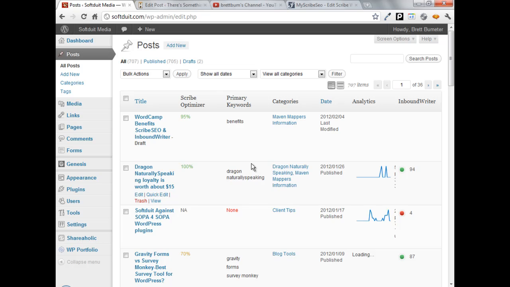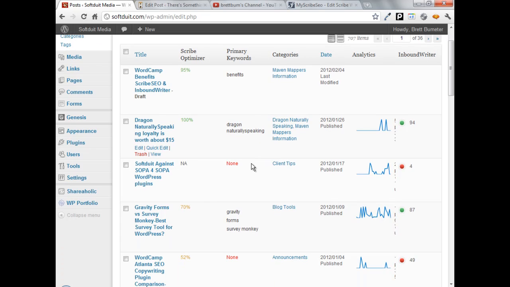You lose your links. InboundWriter doesn't look at links. So from an SEO perspective, Scribe looks at some of the things that you've linked to, like keywords and links. They also look at headers and how you use headers or bold the strong tags and things like that. So from an SEO perspective, some of the things that you might want to emphasize will show up on Scribe. InboundWriter isn't so much an SEO tool. They don't look at those things yet. They've considered it, but it's not a priority yet, and it may never be. I'm not sure. But both of the tools,